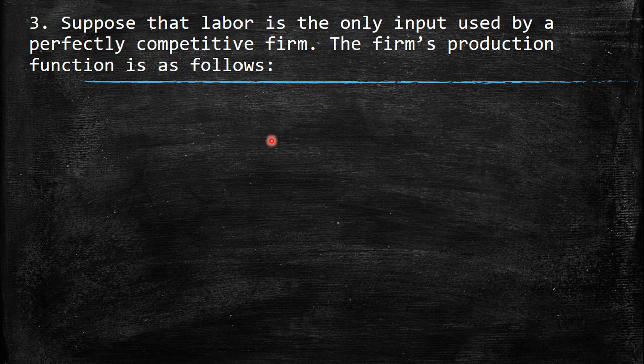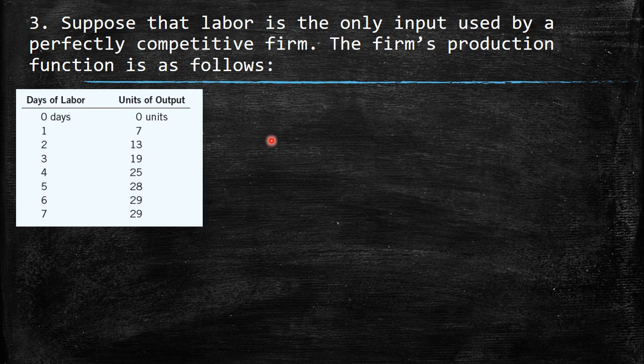So everybody is price taker. Then here we have the table that is provided by the exercise. So here we have the days of labor and the units of output. If there is no days of labor, naturally you will have 0 units of production. But if there is 1 day of labor, you can achieve 7 units, and so on and so forth, until 7